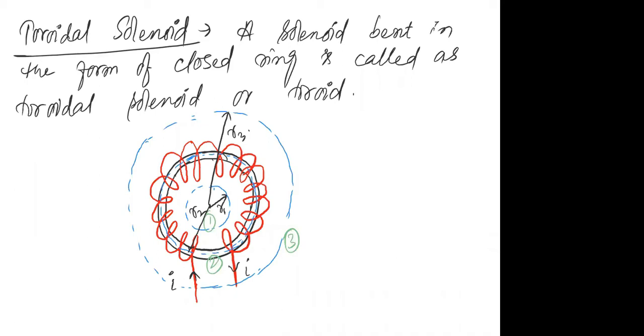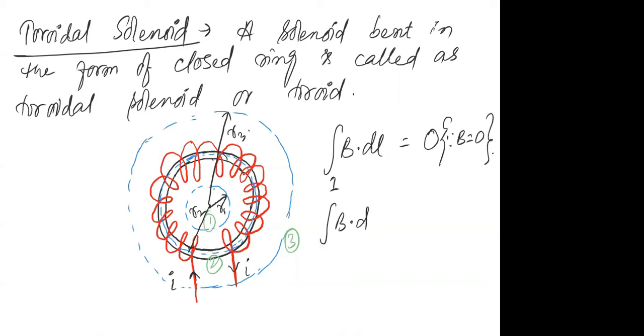I told you the magnetic field exists only in the core of the solenoid. Outside the core, the magnetic field will always be taken to be zero. So can anybody tell me what will be the magnetic field over the loop of radius R1? Means on loop 1, if I take the line integral of the magnetic field over loop 1, what will this result be equal to? Don't you think it will be 0? And why will it be 0? Since the magnetic field here is 0.